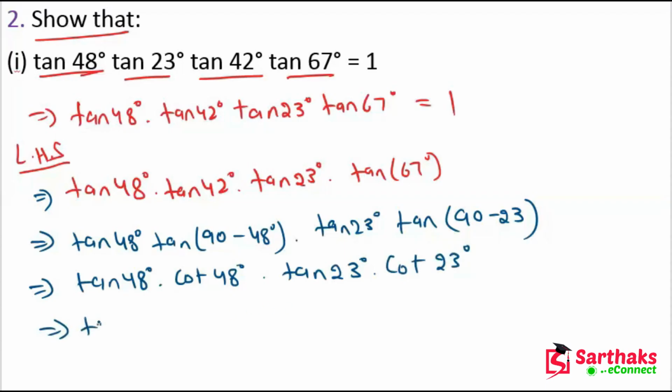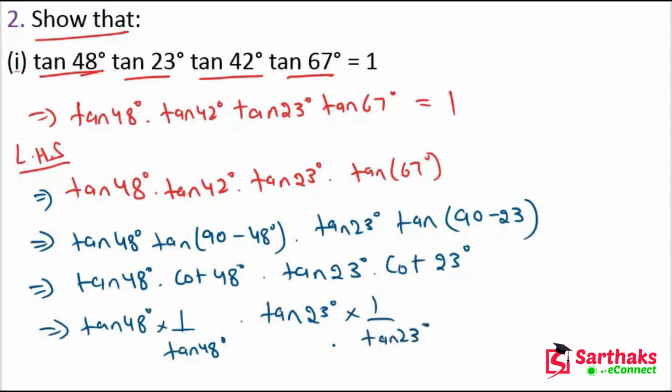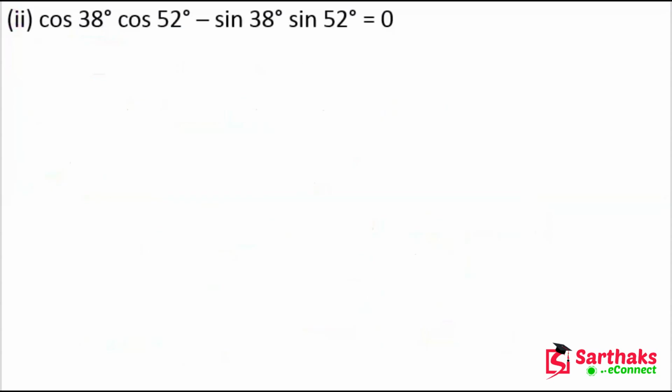So now this will become tan 48 degree multiplied by 1 upon tan 48 degree, because cot theta is 1 upon tan theta. Similarly, tan 23 degree multiplied by 1 upon tan 23 degree. So this will be cancelled and this will be cancelled. We get 1, which is equal to RHS, hence proved. So this is the method to solve these types of questions. Okay, yes, move on. The second question is